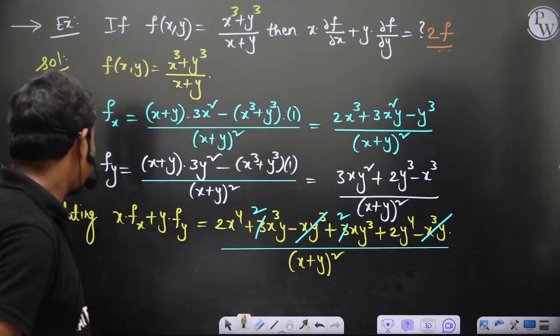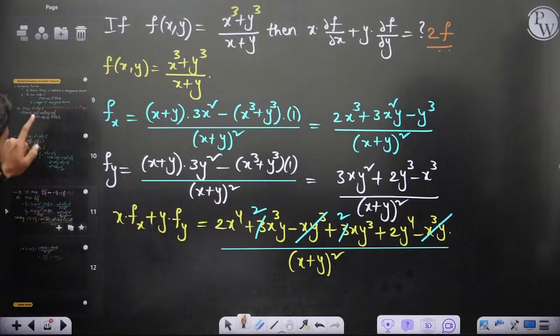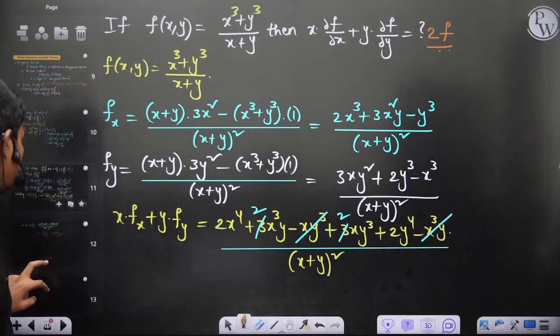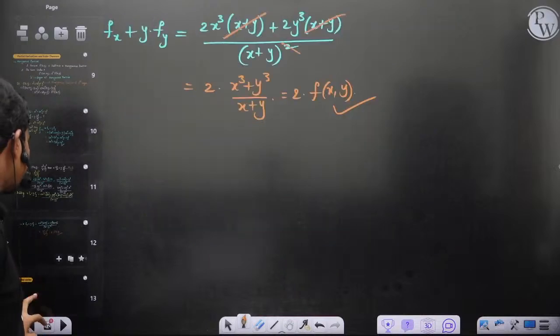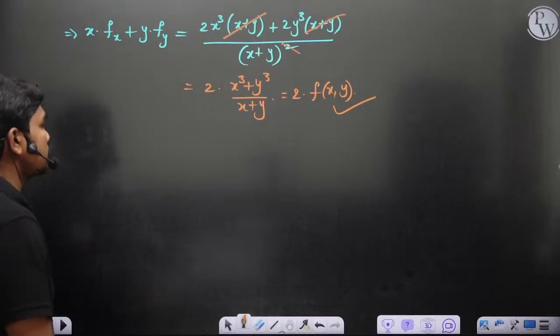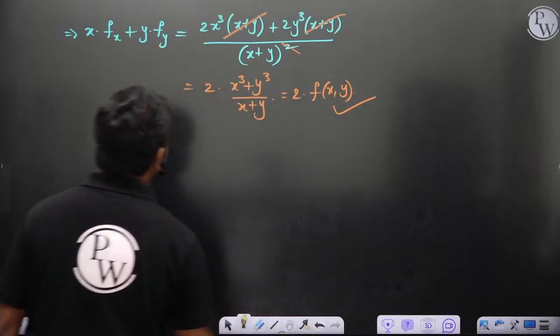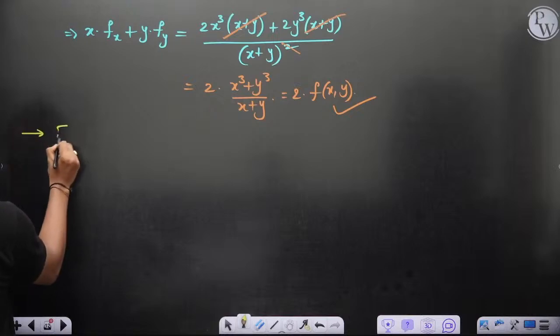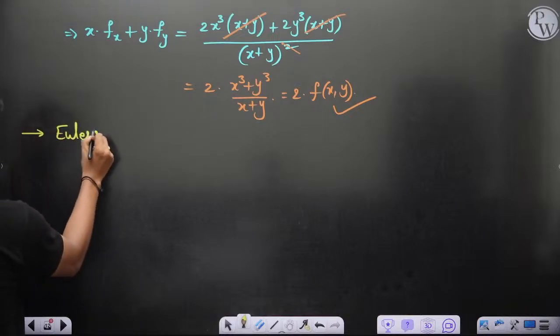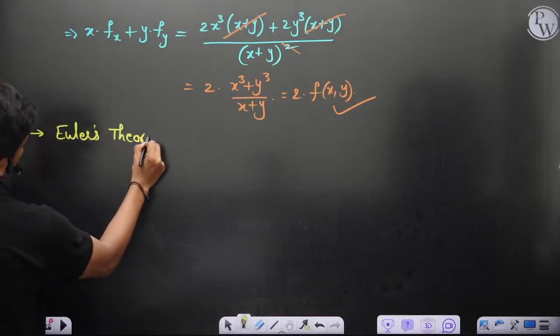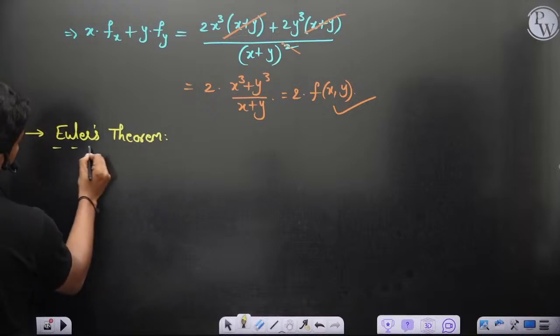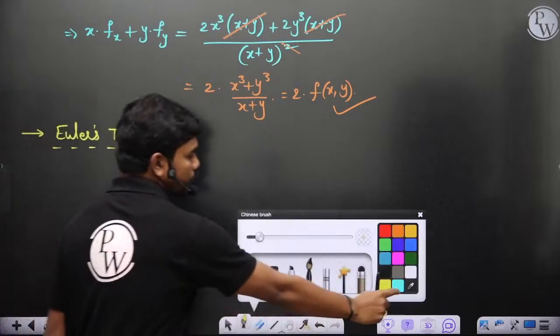Now let's see what Euler's theorem is. You know what a homogeneous function is now. So let's see what Euler's theorem actually is. Let's write it up. Euler's theorem tells you that if